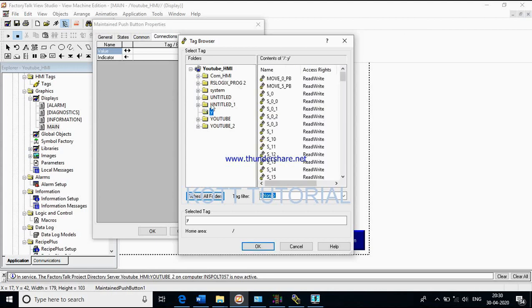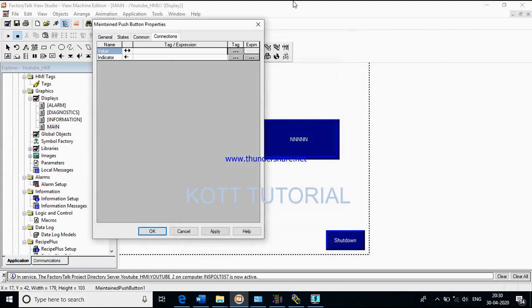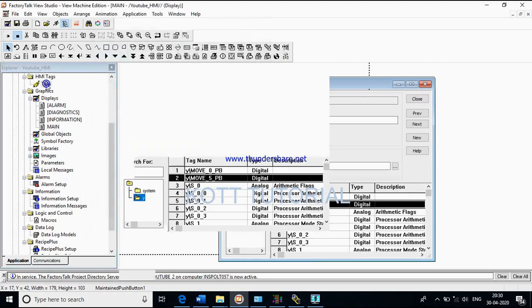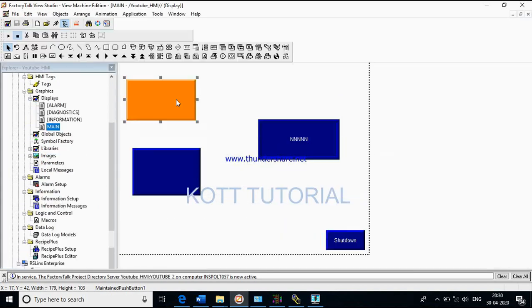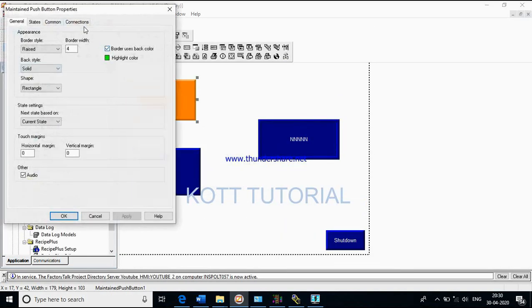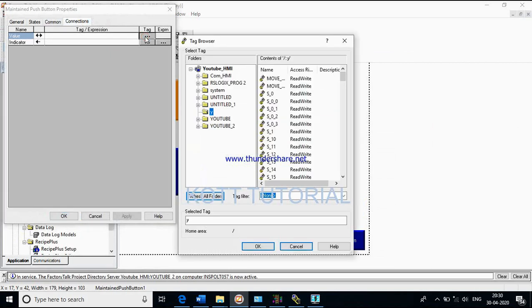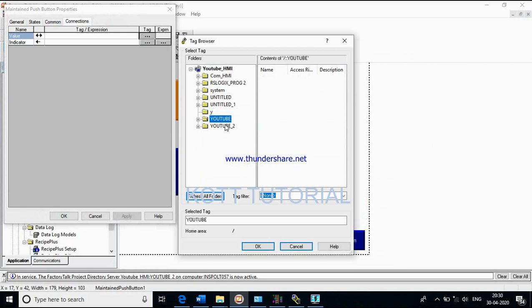But we require the tag of the Y folder. So in this, double click the button, connection, tag. I require the Y folder tag. These are all the previous projects.